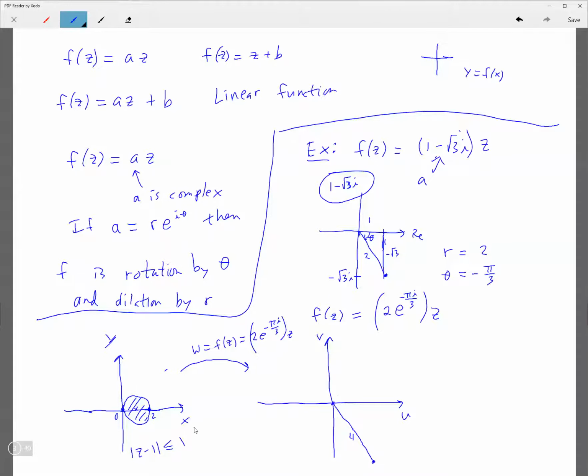So basically, this point right here will still stay at the origin. This point is going to go to here. And we can figure out what that point is if you want. It's going to be 2e to the negative pi i over 3 times z. But it's probably better to just